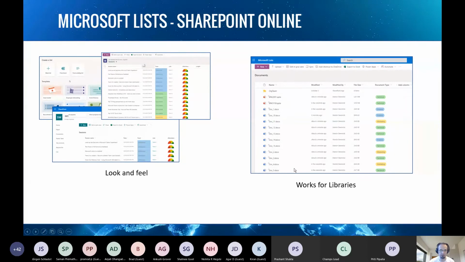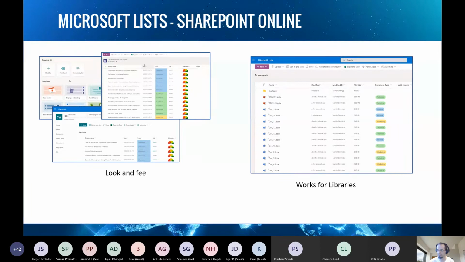And I love that idea because libraries, we often work with libraries, and formatting options are really good idea to make it easier to find your document, or if you work with metadata, it's a great option to present your documents in some easier way, to not only play flat list, huge list with documents with a lot of text. That about SharePoint Online.